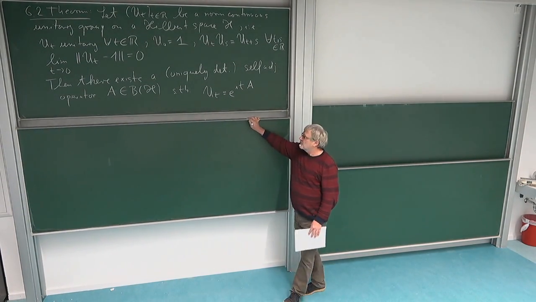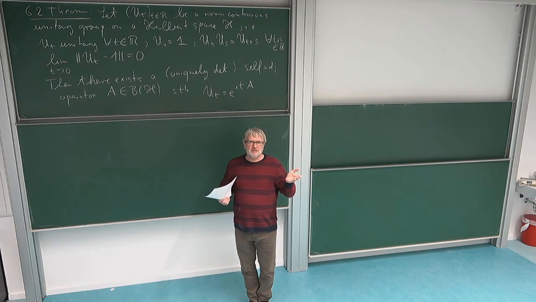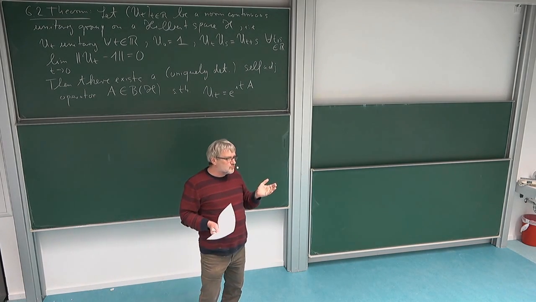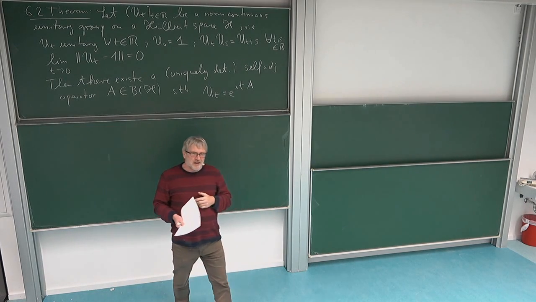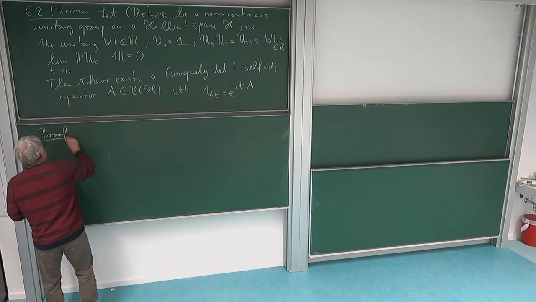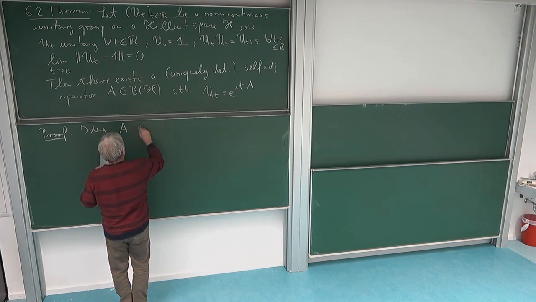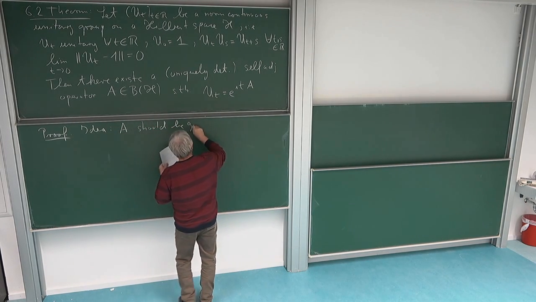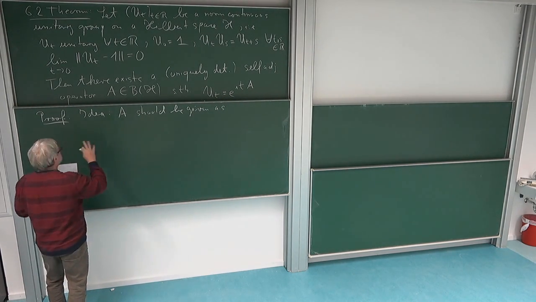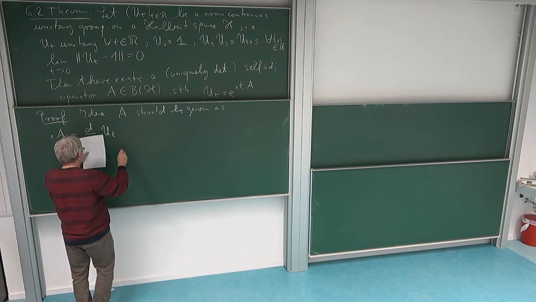Even the proof for this in the bounded case is not trivial, and it will more or less contain all the ideas which we will then be using and refining for the general unbounded case. So what is the idea? The rough idea is that this A should be the derivative of my u. But the problem is that I cannot be sure that the derivative exists. So one has to rewrite this in a way where this becomes clear. The idea is that my generator should be given as a derivative of u at the point t equal to 0. So A, or maybe i times A, should be the derivative of u of t at t